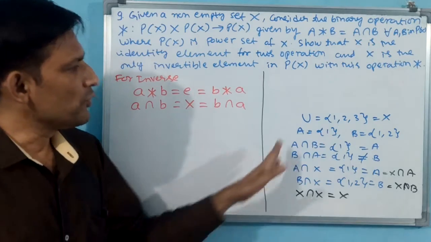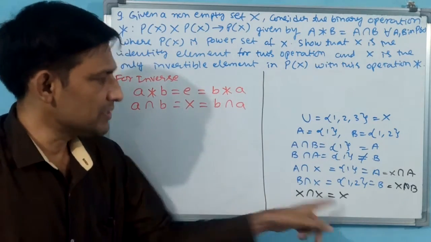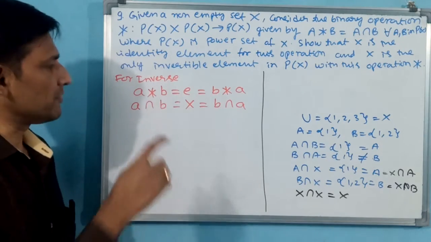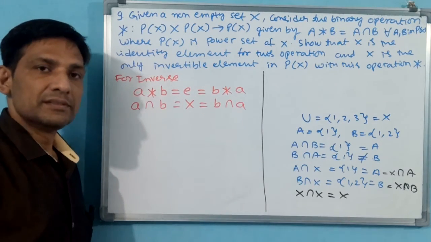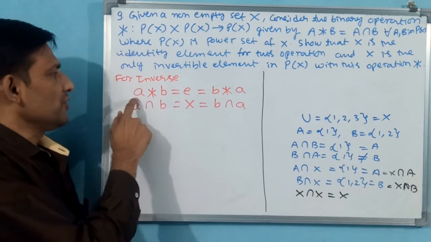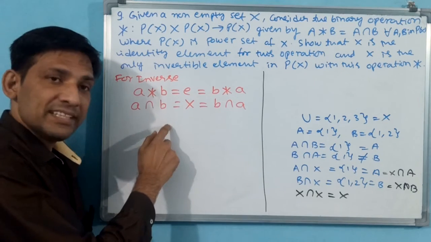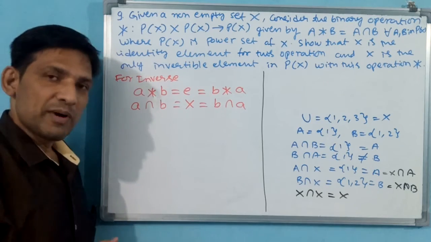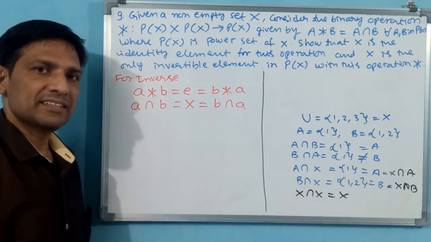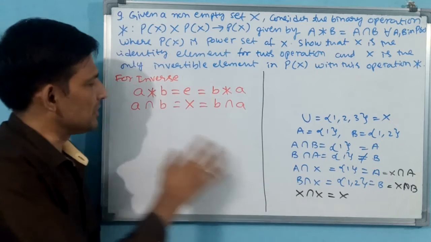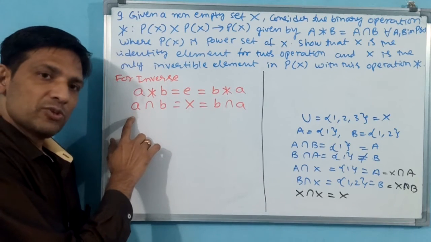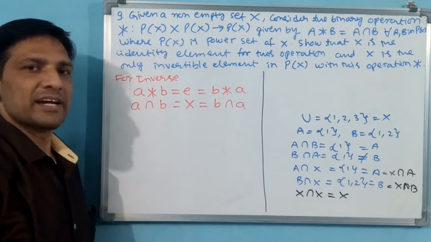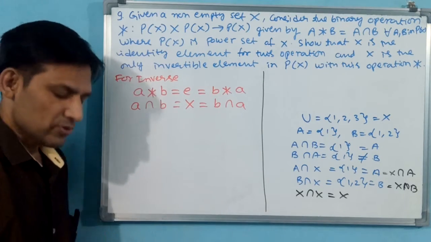Without X, if you take any other element, X will not come here. Why? Because X has to come. Why? Because E is identity, A is the element, B is the inverse. Is it possible with some other element rather than X? Not possible. Only with X it is possible. That means the element is X, inverse also X, result also X, identity also X. Like that you have to write.